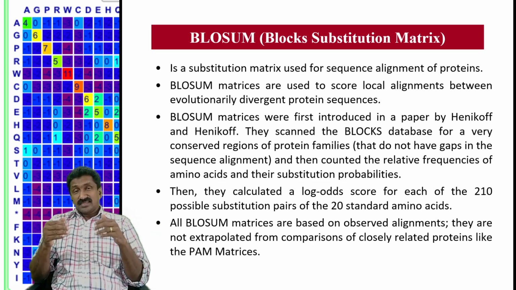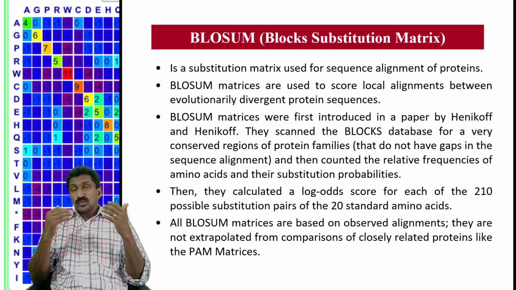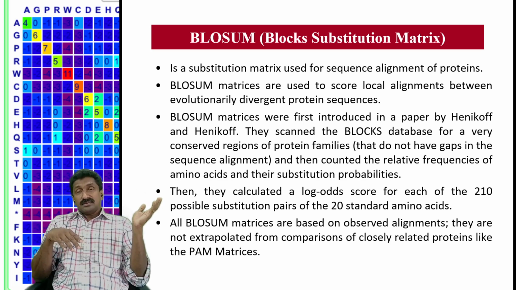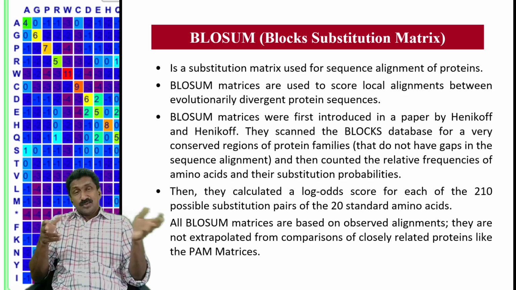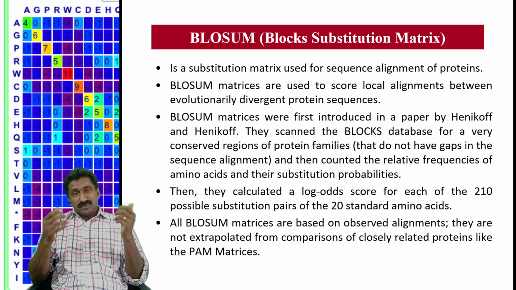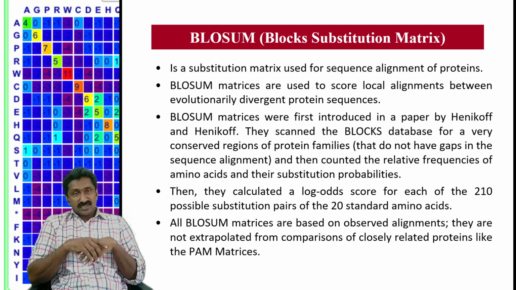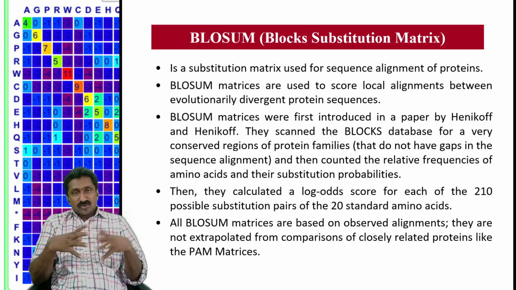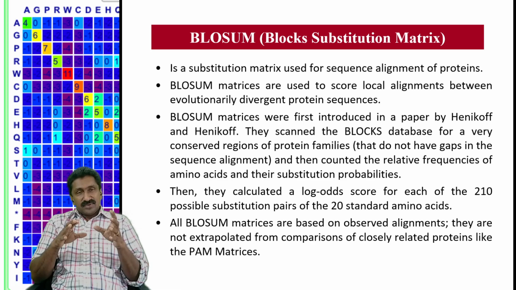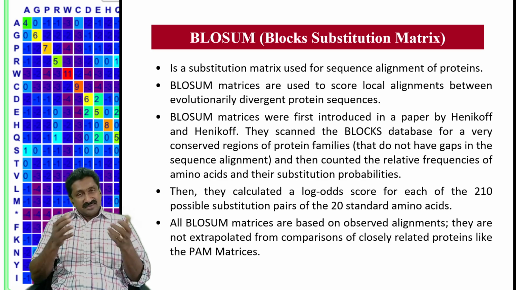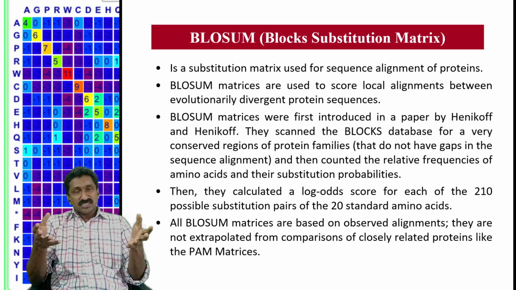So if you are trying to compare two entirely different sequences, for example, the insulin gene and another enzyme, papain, you are comparing two entirely different proteins. Or, for example, in the case of a globin gene, they are distantly related. They have the same origin, so you have a lot of sequences in common. But if they are distantly related, or if there is no relation at all, then if you are comparing them, maybe you can't expect much similarity there, right?